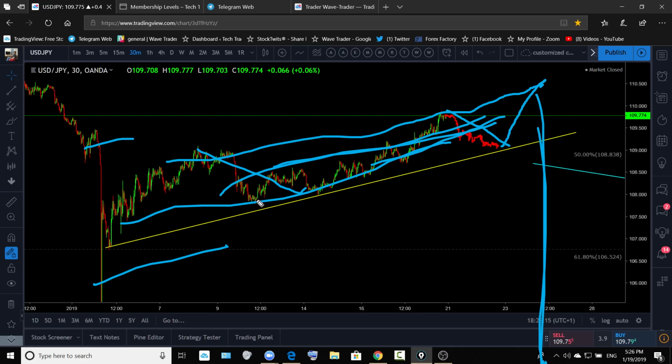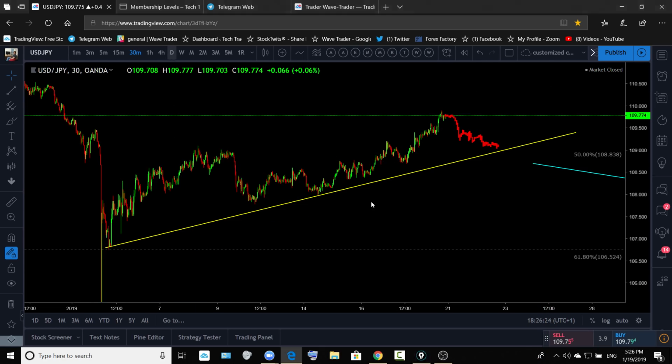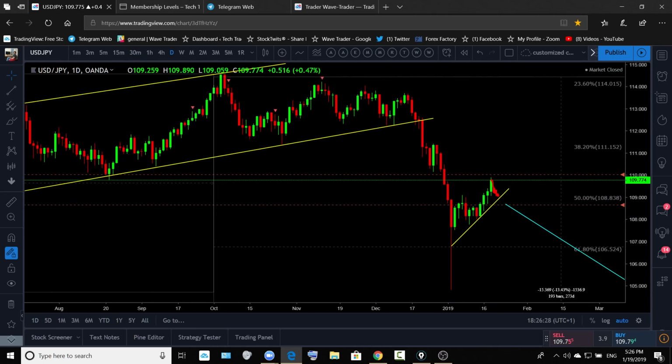Until price stays within this bigger daily correction, we are going to look for it to break down rather than for a buy on the dollar yen. This daily correction should break down and test this area or form a new low. It can stay within here for short term, it can push up, it can do it like that. This correction can do something like this.